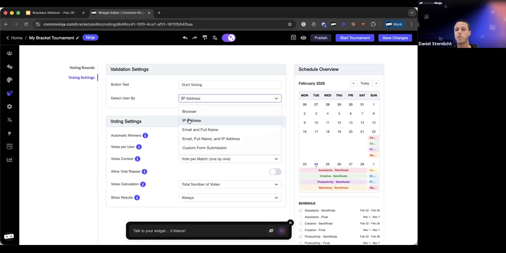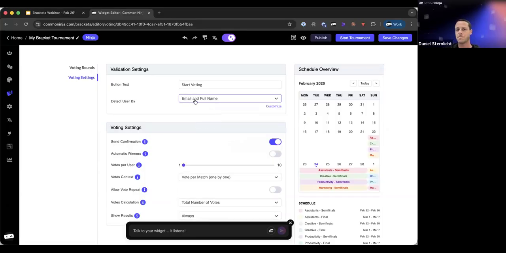Instead of having people vote as an IP address, which is anonymous and not interesting, you can actually collect email addresses and names from your site visitors who want to vote. This is where the engagement kicks in. This is where Billboard generated 11 million leads from a bracket. So you can set it up here really quickly, and that's it.